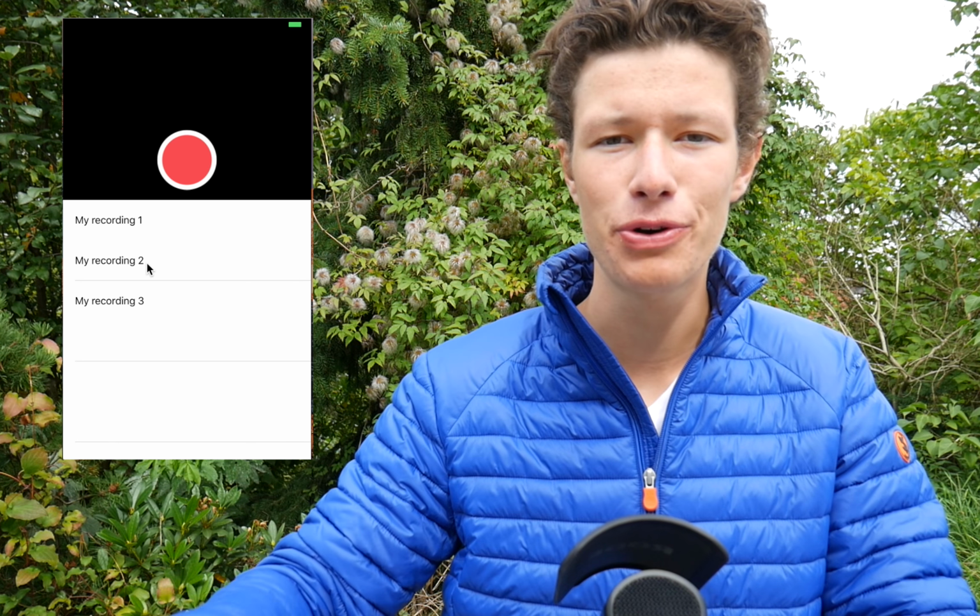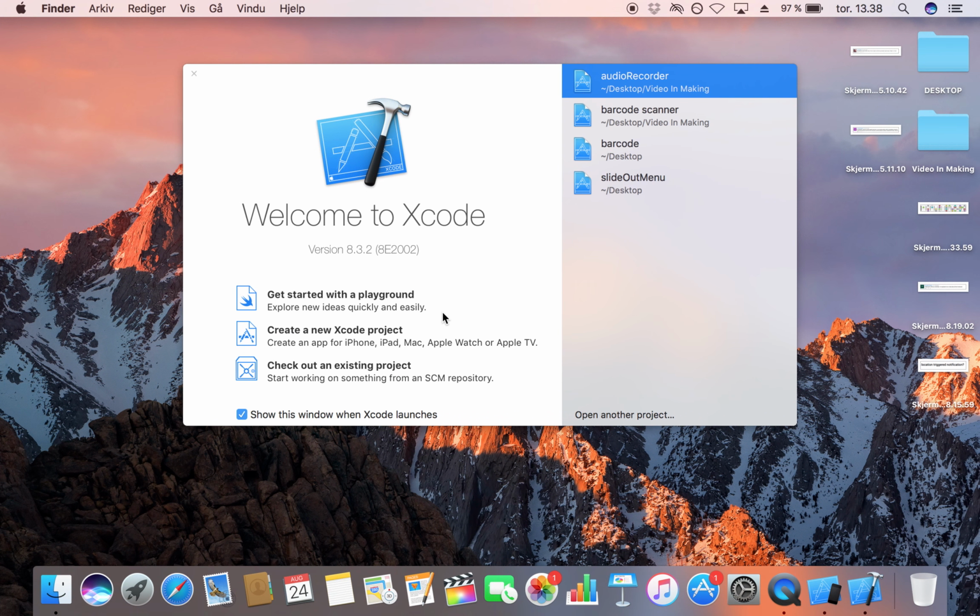So that's what we're up to in this first part of the video, and then there will be a second part to this video where we are taking a look at how to create multiple recordings. In this video we're just going to take a look at how to create the recording function, how we can record some audio. So we're going to head over to our most beloved Xcode, and we are going to start